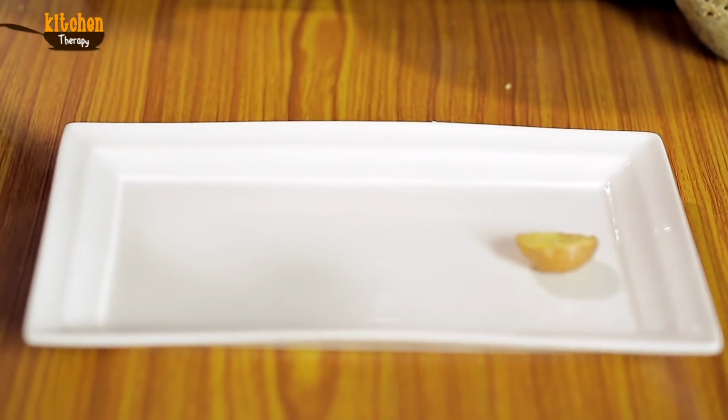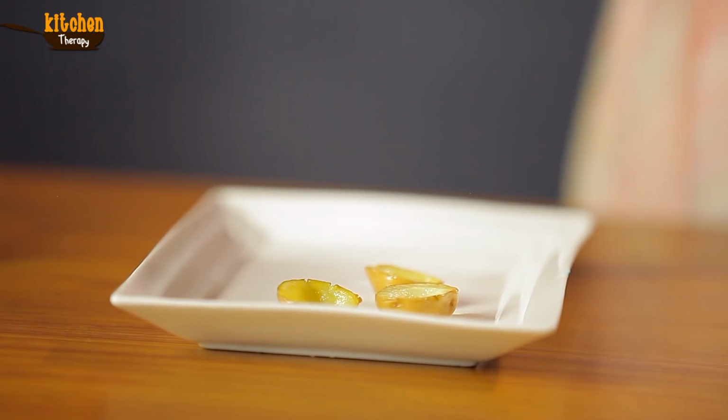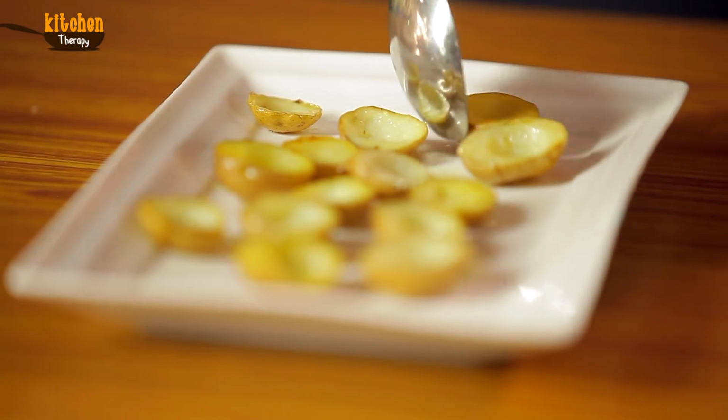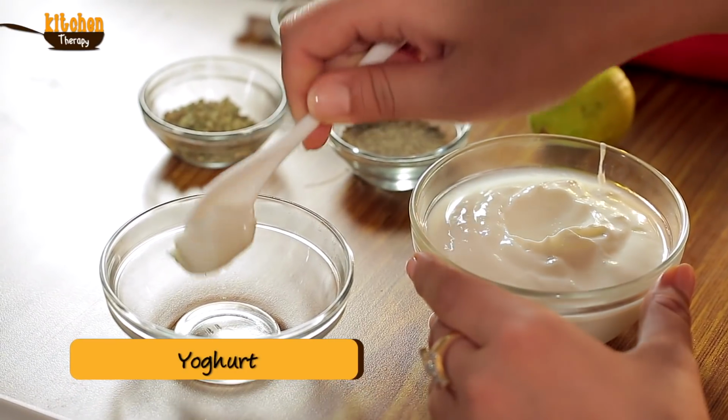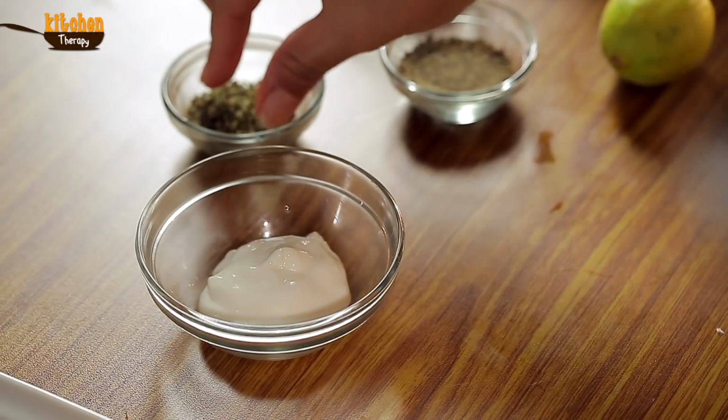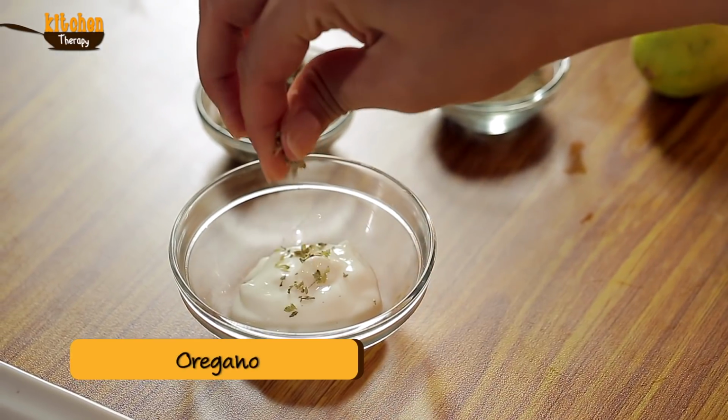Plate up my potatoes, so I'm just going to lay them out. This is the third and final component of this dish, a yogurt sauce. Now all good things take some time. Some thick Greek yogurt, a bit of dried oregano,